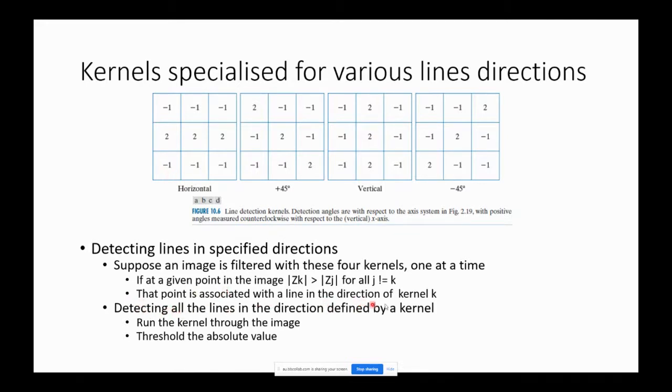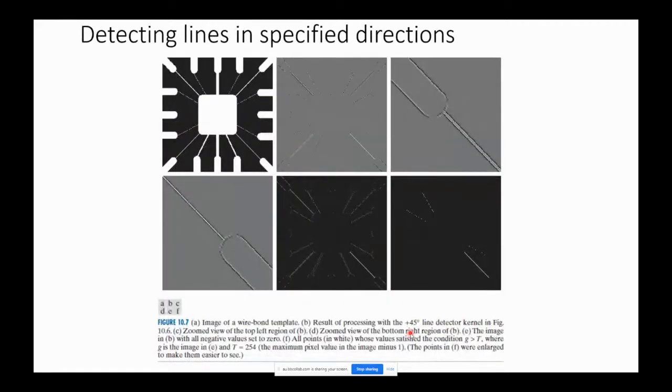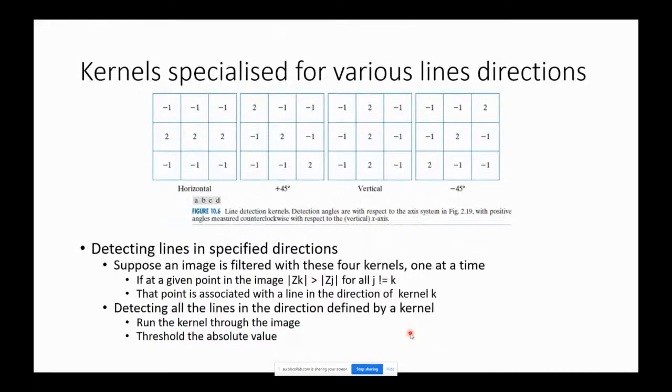So if we want to detect all the lines in the direction defined by a kernel, take the kernel for the direction that you want to find, run it through the image, and threshold on the absolute value of the result obtained. I think we've done something similar to that when we were discussing